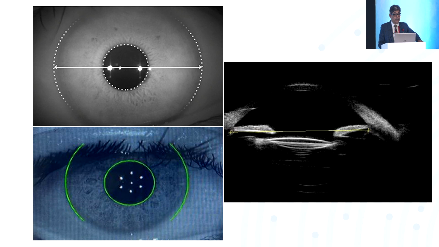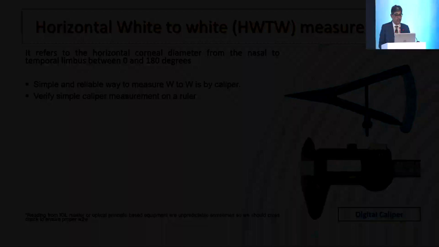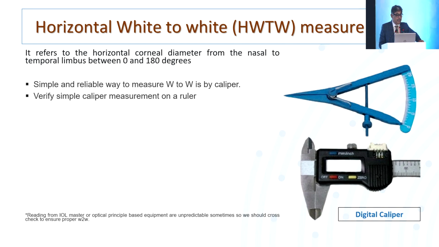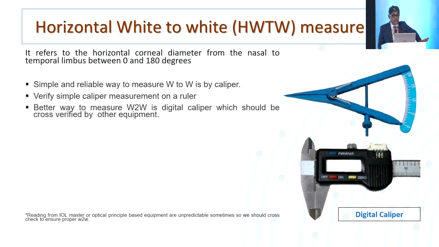Coming to the horizontal white-to-white, this is what we have to measure: the limbus on either side, from the nasal to the temporal side, measured in the horizontal meridian from 0 to 180 degrees. The simple and reliable way to measure is with the help of calipers, which are easily available, but they should be verified by measuring them against a ruler, because the markings are sometimes erroneous. And nowadays, we do it with a digital caliper, which is freely available and very cost effective. And it is